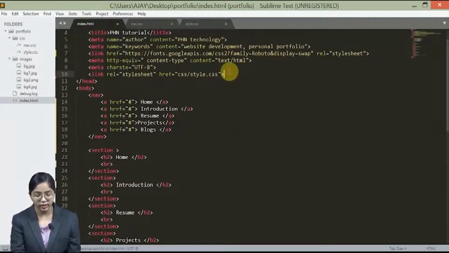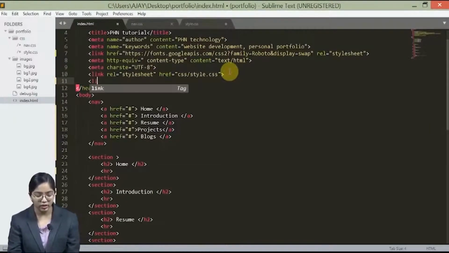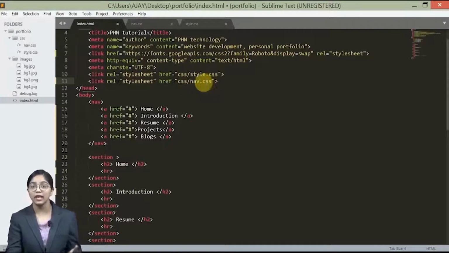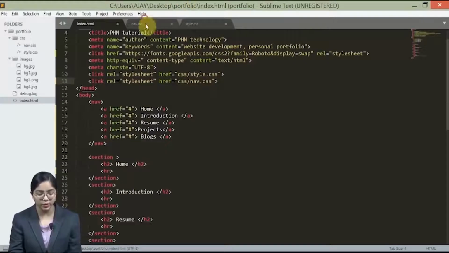Then we will link that particular file in here. So I don't think we have to use this particular tag again. We can just copy the first one and paste it again and just change the file name, right? This is why organization is helpful in creating the website. So let's just save this, okay?